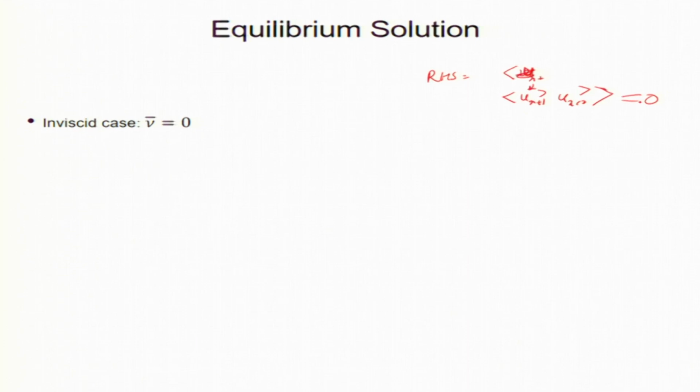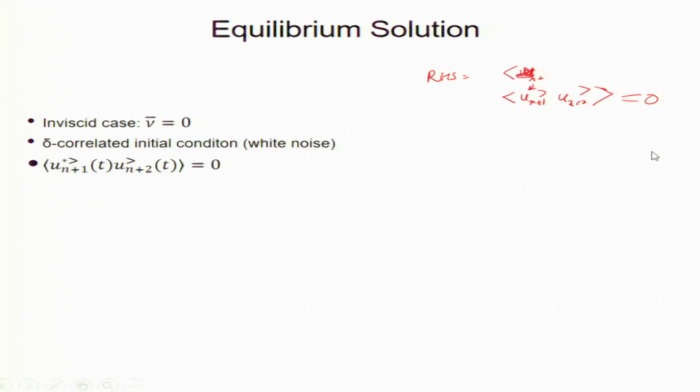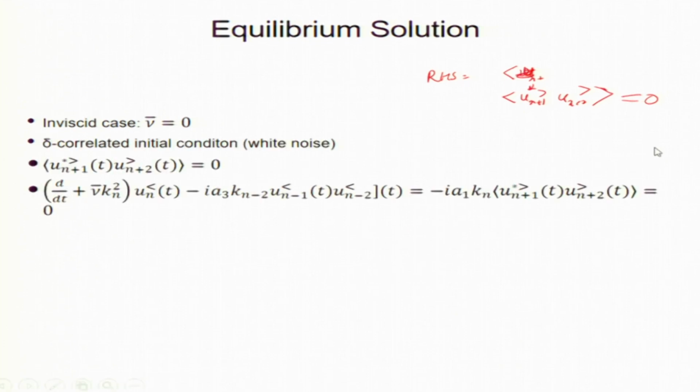So, nu bar is the same at all scales, or all UNs, for Euler equation, and that is what we get here. This is 0. So, we basically get the right hand side as 0. So, there is no renormalization for Euler equation. Okay. So, equilibrium solutions are somewhat trivial that way, and there is no correction.